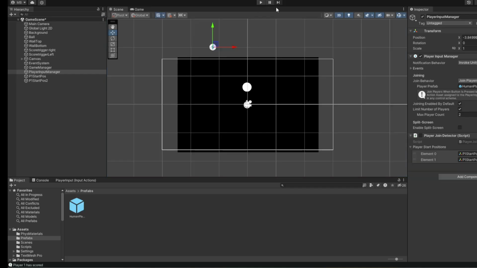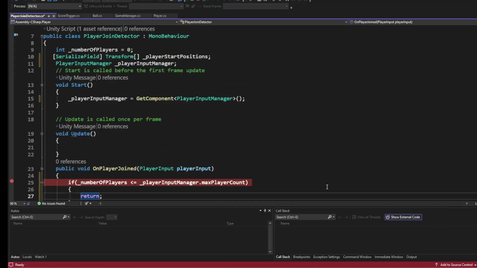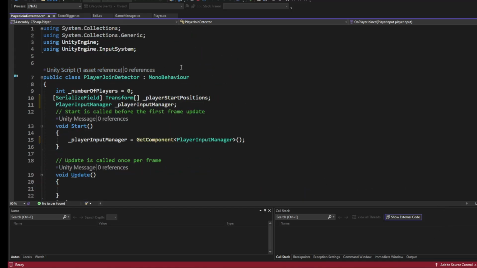So let's stop that. That's why I added this script. And let's look at the script first, and then we'll hook it up to the player input manager. Now my player join detector